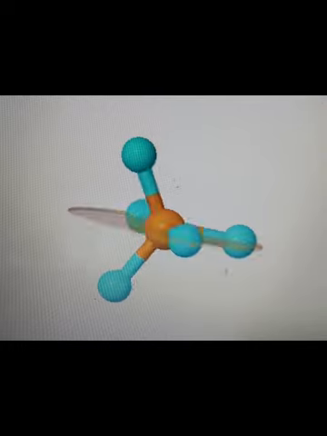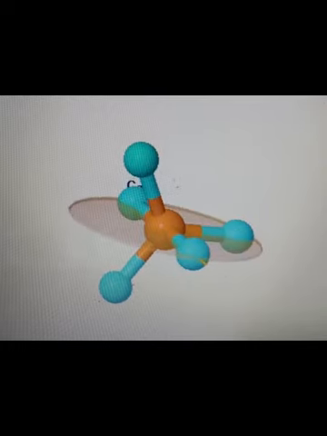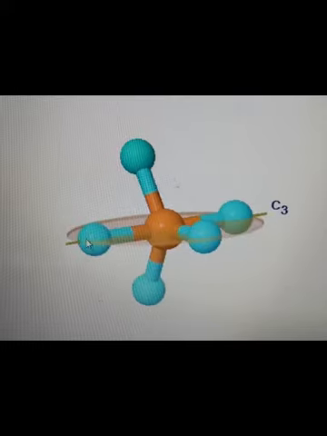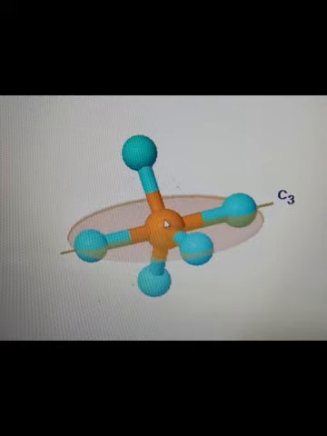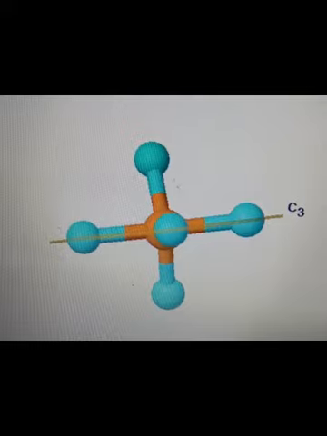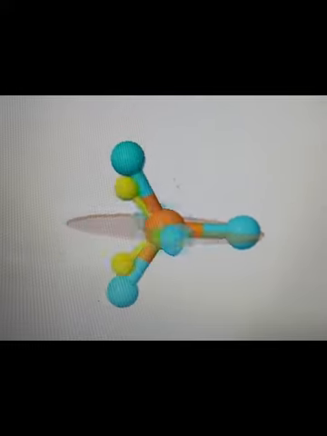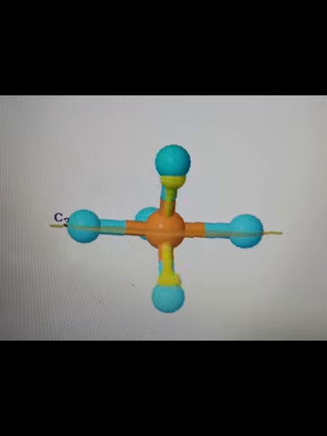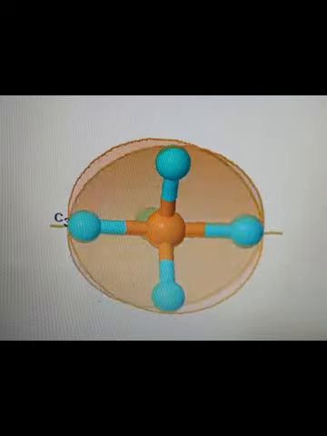You can see it in another view also. So these two atoms will be reflecting each other because the plane is passing through the 3 fluorine atoms which are in one plane and the phosphorus, that is touching the 4 atoms. These two are above and below the plane, which will be reflecting each other. You see in this way. Similarly, it has other 2 sigma v's.